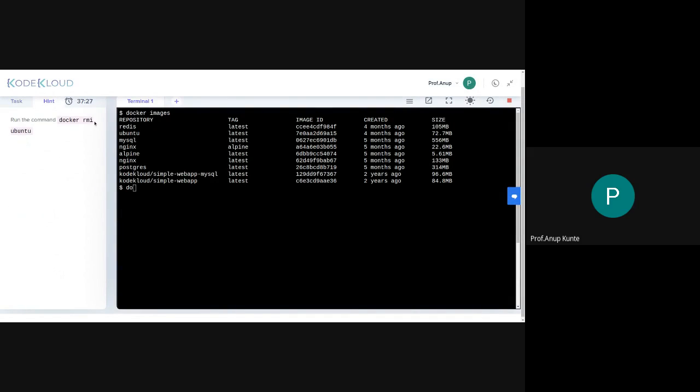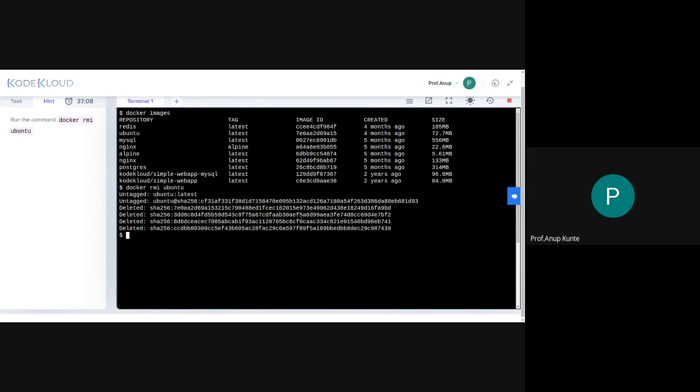So, rmi means remove image. Instead of a container, when you want to delete an image, you just need to say remove image. For an image, we also need to see whether it is running or not. If the container is running, then we may need to check the image. We'll see what happens. So you need to remove the image named ubuntu.